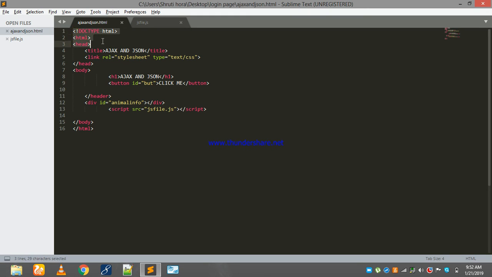First of all, I have created an HTML file. I have used the HTML tag to create the HTML file. Then head. Inside head we have used title and link. The link is for the CSS, to make our project more stylish. And in this body we have used a button that I have created with ID but, and the button says click me. And then our header file is closed, and the division ID is animal info, and we have also pasted our script src equal to